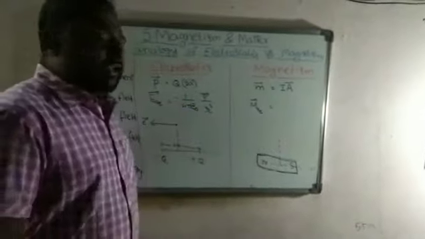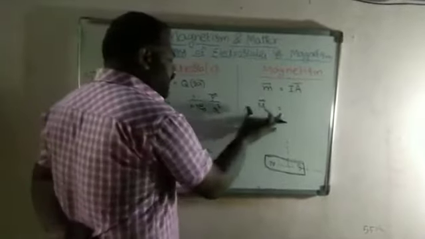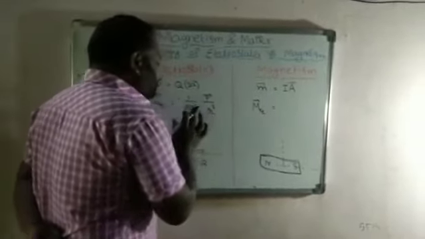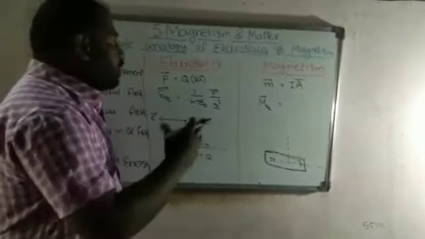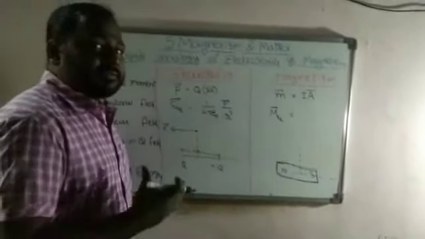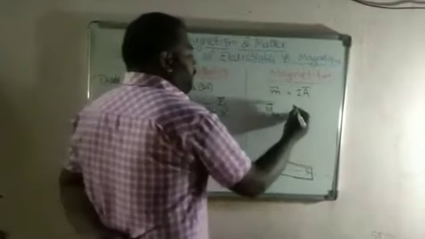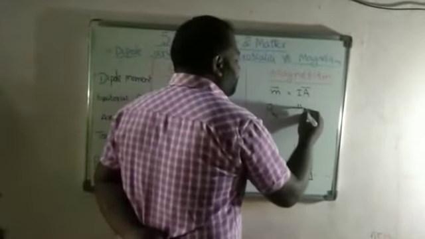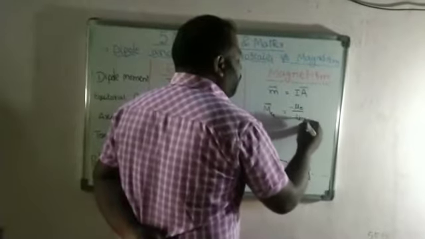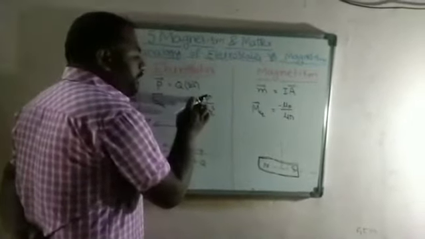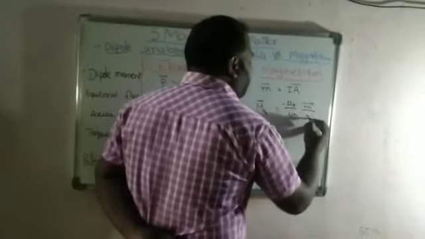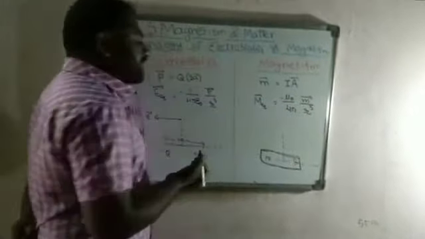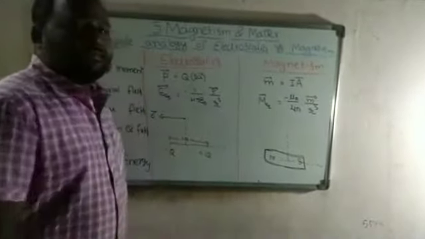The magnetic field along the equatorial line is, we just take the analogy: epsilon naught is the permittivity of free space in electric fields, and mu naught is the permeability of free space for the magnetic field. Now we write it as minus mu naught by 4 pi. Here we have P bar, the electric dipole. In its place we take the magnetic dipole m bar divided by R cube, where R is the distance between the point and the center of the dipole.